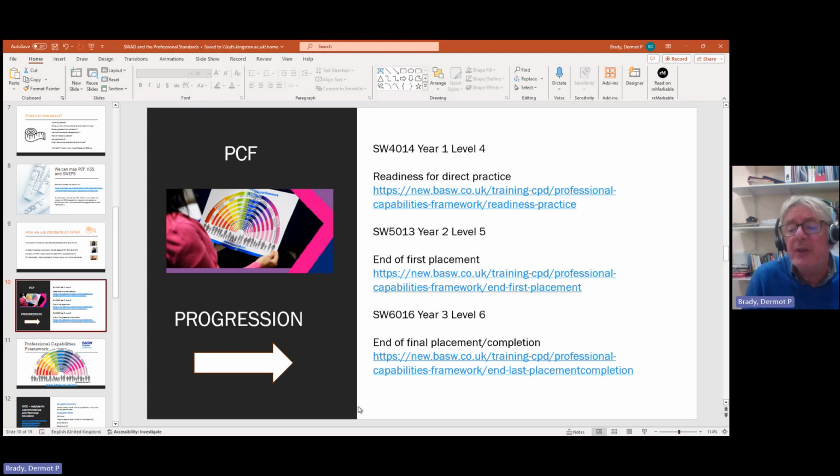It's much more sophisticated, much more detailed on things, in particular like reflection and practice. Whereas in readiness for direct practice, we just have to know and understand that this thing, reflection, exists and is important for social work. But by the time we come to level 6, it's far more sophisticated. It's considering personal reflection, reflection and supervision, reflection on our work, and indeed with people with lived experience. It's a different order of things altogether.